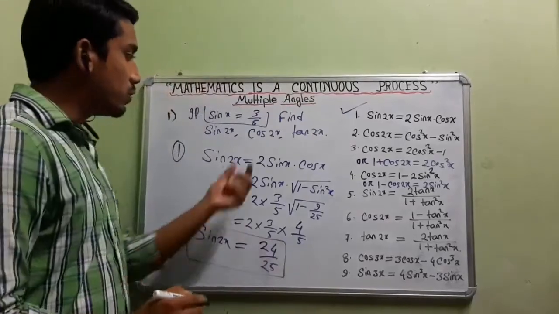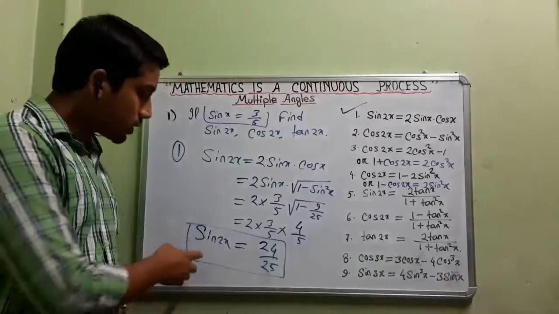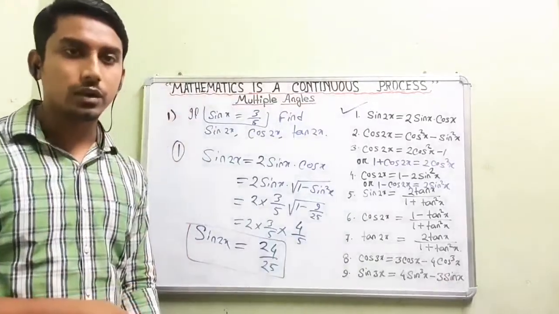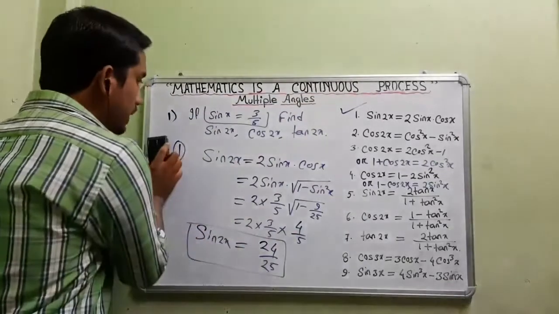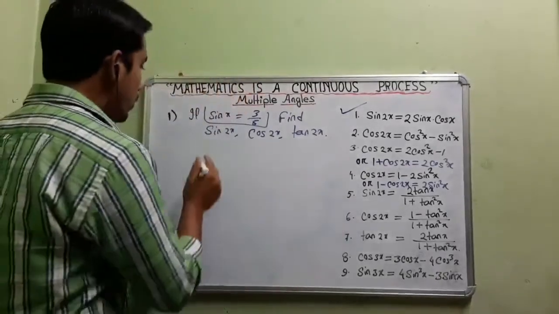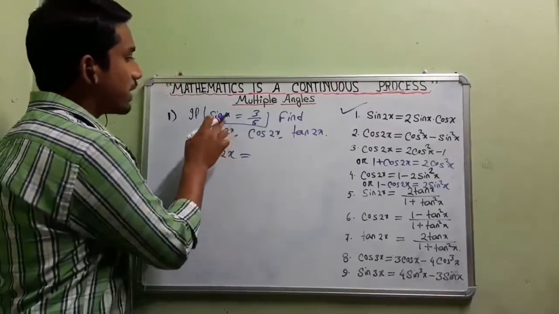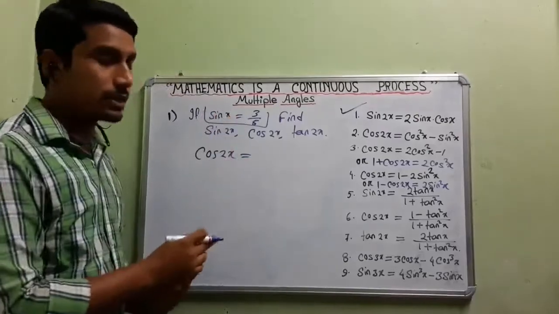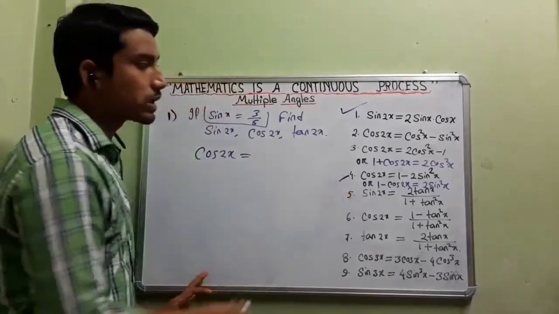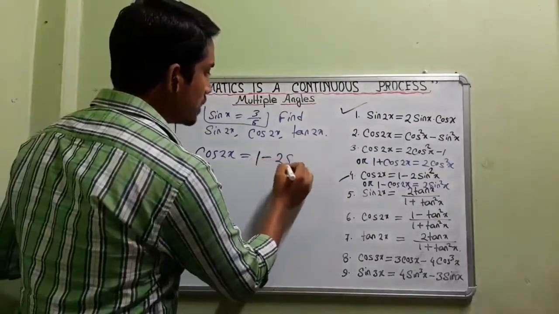Similarly we can get cos 2x. So what will be cos 2x? We can get cos 2x using the sin 2x value also, because cos 2x will be equal to root over of 1 minus sin square 2x. That one we know. Now using multiple angles also we can get the value of cos 2x, because we have the formula of cos 2x. Because you are given the value of sin x, using the value of sin x, which formula do we have for cos 2x? You see number 4. Cos 2x equal to, we know, 1 minus 2 sin square x. So we can directly put the identity 1 minus 2 sin square x.